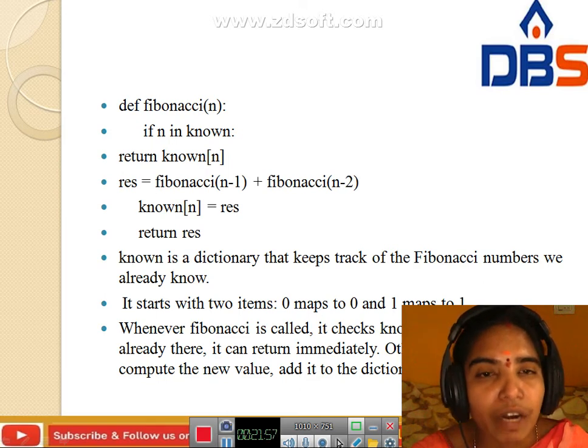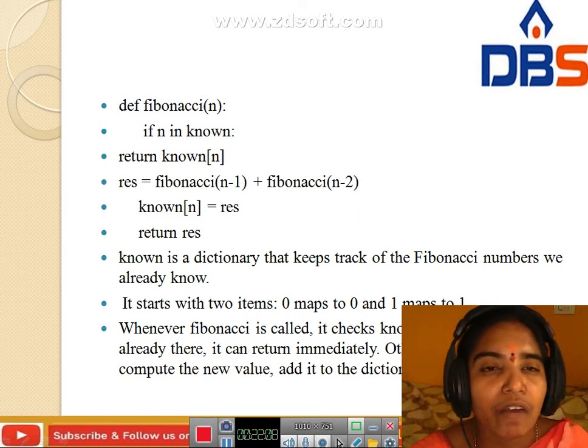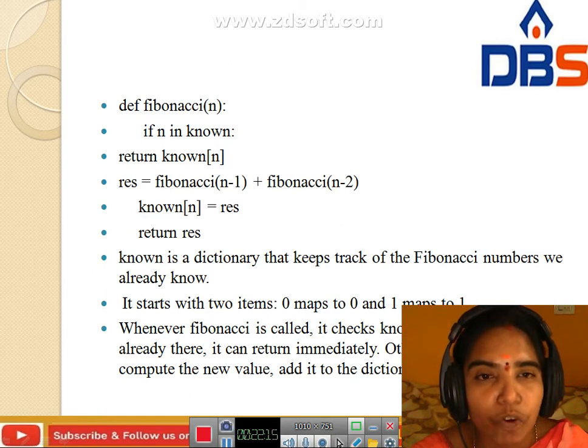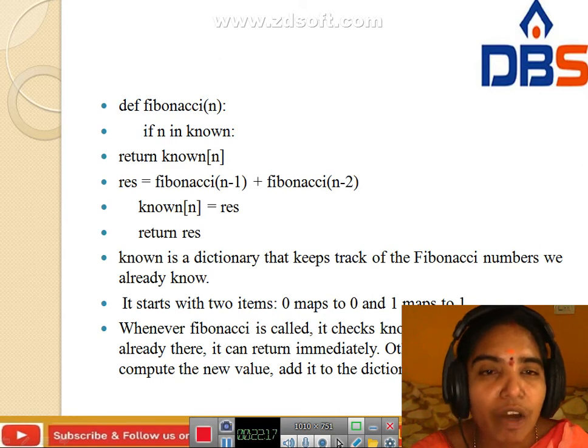If the result is already there, it can return immediately. Otherwise, it computes the new value, adds it to the dictionary and returns it.